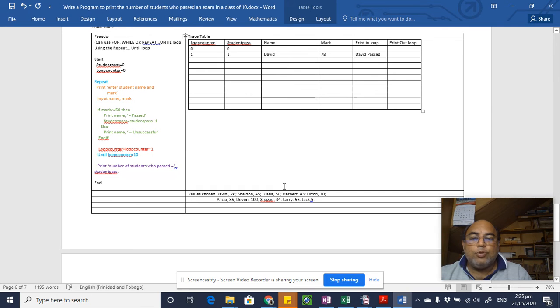So here the next student name and mark is Sheldon. So we go now, Sheldon, and his mark was 45. So I type in there, Sheldon and 45. Now it goes down to this line here now, and it checks if mark is greater than or equal to 50, then print name is passed. Is he passed? No. So Sheldon, we go and you execute the else part. So name Sheldon unsuccessful. So it prints out Sheldon